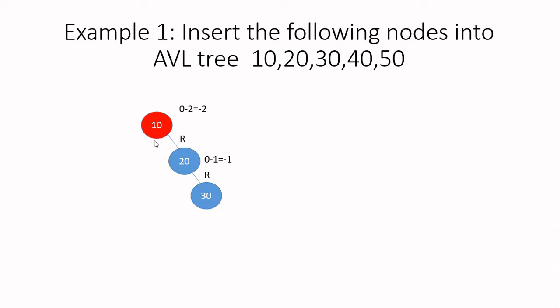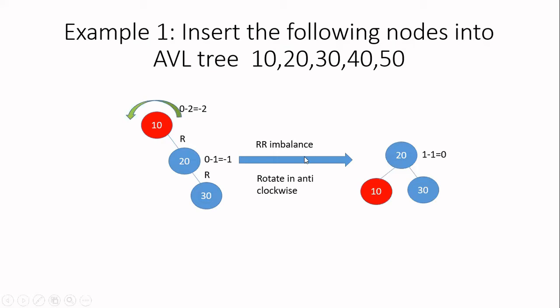So I'll be assuming that there is a nail here and there is a thread. I'm going to pull the node 10 in the anti-clockwise direction in the downward direction. When I pull this 10 in the downward direction, what is going to happen is 10 will be coming down. At the same time, this will also move. It is similar to how you collect water from the well with the help of the rope. When you are pulling the rope, something will come down and something will move up. Okay, so here this 10 will be coming down, whereas this 20 and 30 will be moving up. So I have 10 like this and 20 and 30 are occupied.